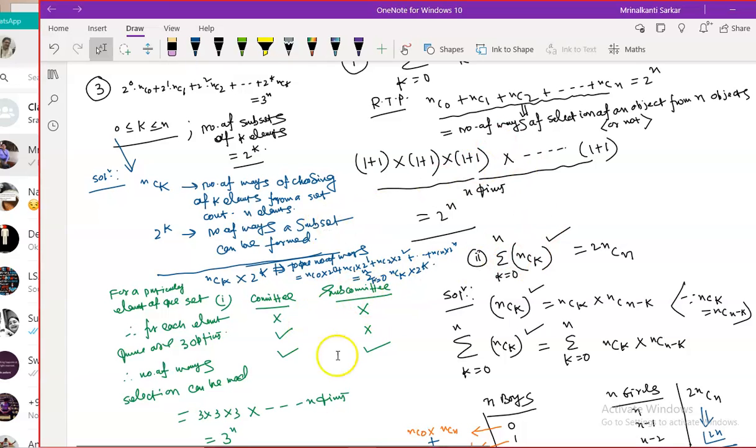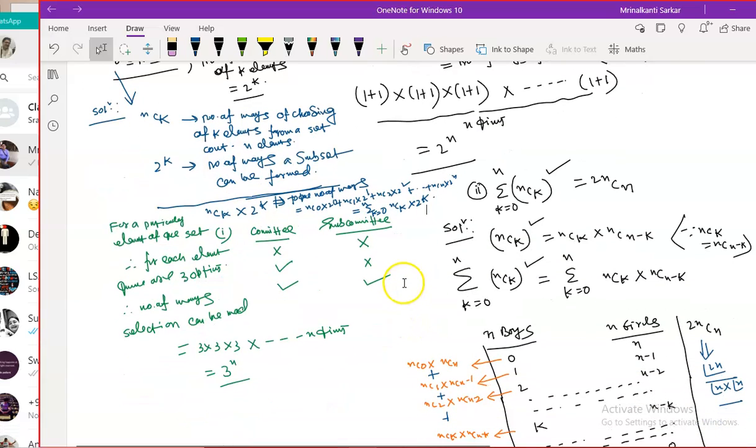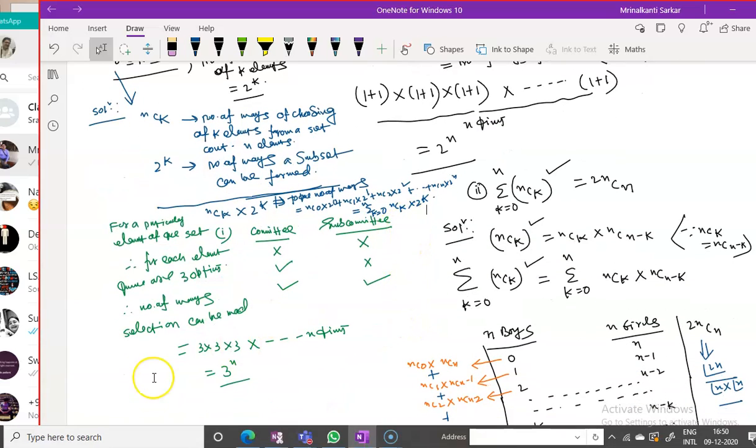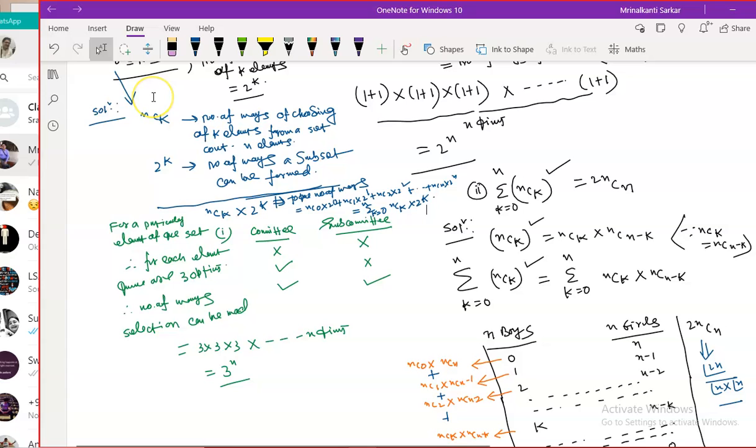So these two are the same thing. By now, if somebody says where is another proof, the proof is ready with you. So this binomial identity can be proved. Now I am going to prove one another